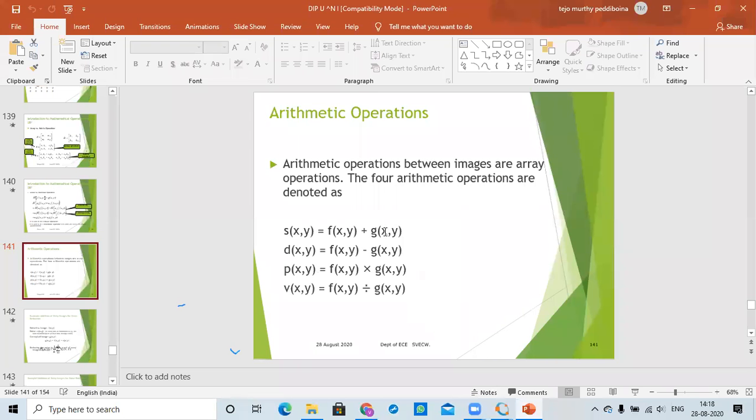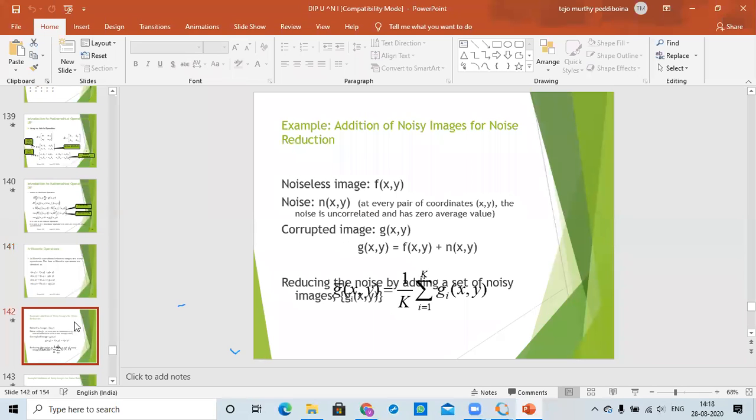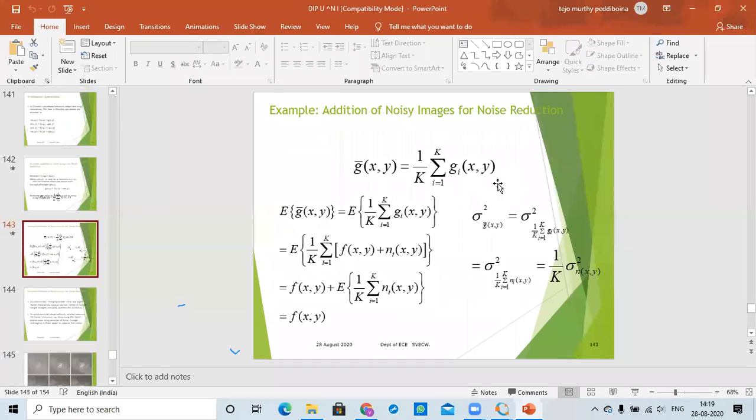So the addition will be used to hike intensity values, or otherwise you can add two images also. That is also possible. Or you can add some shades, or you can add noise, and you can check whether we can eliminate it with predefined models also. And for smoothing operation, we need to take the neighborhood values and average them. For that also I have explained a very simple formula for how to do this.